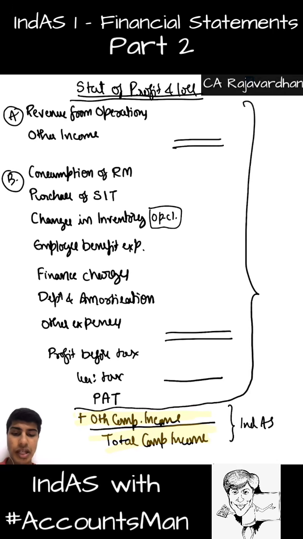Let us go to our P&L account here. In P&L, I wrote profit after tax, I wrote other comprehensive income and total comprehensive income. If I want to compute earnings per share here, earnings per share is usually computed by earnings available to equity shareholders divided by number of equity shares. Here, the earnings available to equity shareholders is profit after tax and not total comprehensive income. So basically, on this we compute EPS. EPS is computed on profit after tax and not on total comprehensive income.